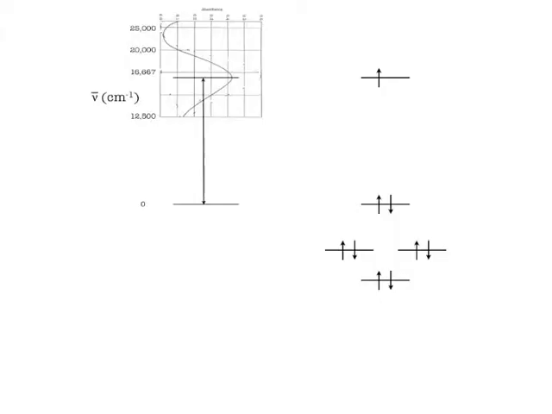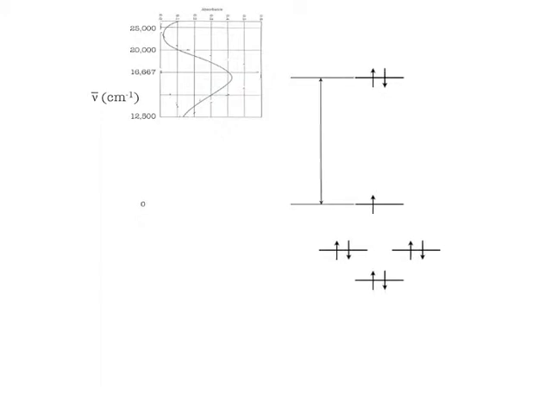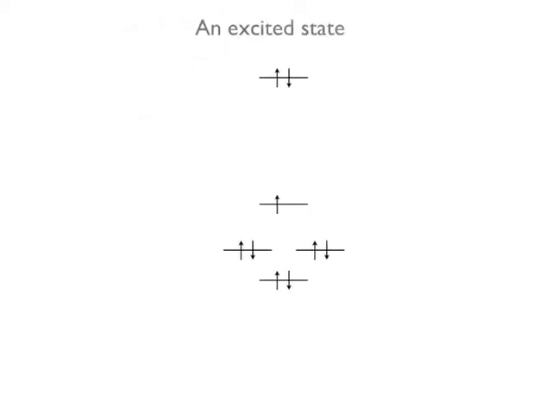And we can see that the energy difference, the amount of energy absorbed by this complex, is equal to the energy necessary to promote an electron from one molecular orbital to another molecular orbital. That's what the molecule is doing when it absorbs that energy. When it absorbs that energy, the photon of light that's absorbed promotes an electron to a higher energy molecular orbital,